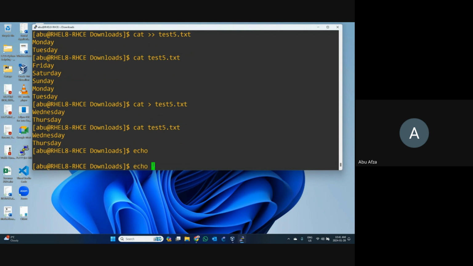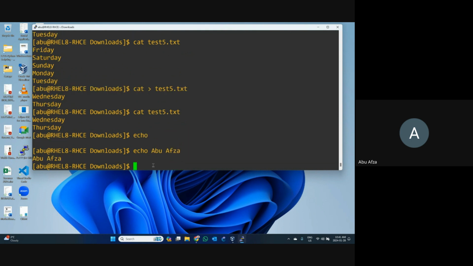You can see I write down echo. When you write echo, it means print, and that will be printed. But you can see this one is one word, this one is another word, and in between there is one space. This is not a good way to write the echo command.